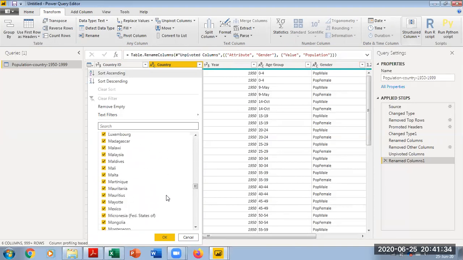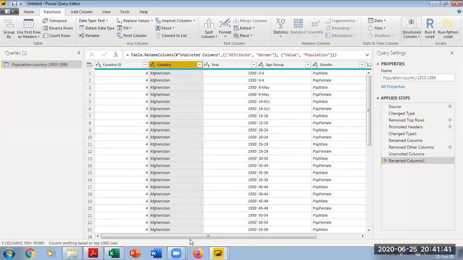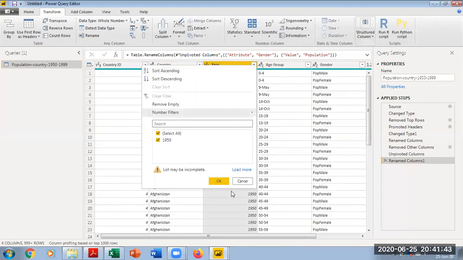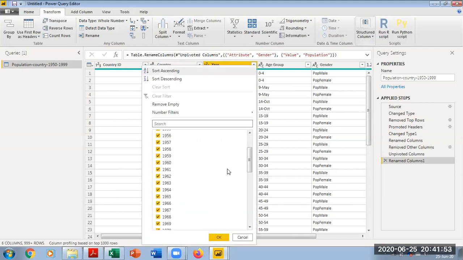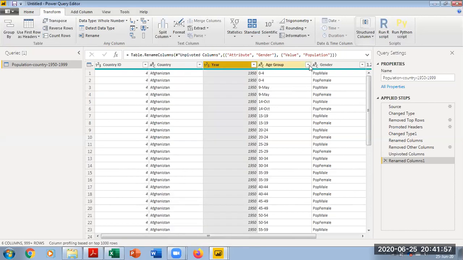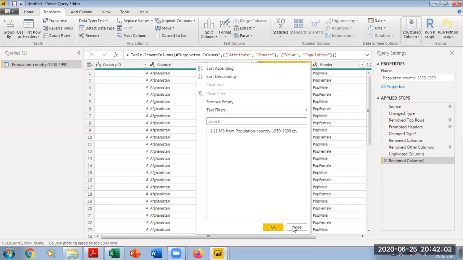If there is any blank on top, it would have been shown on top. So I didn't show anything in here. That's fine. And I have a database between 1950 to 1999. So let me just see whether I have anything in this column. It goes to each and every line item, and then it shows you that. I don't have a bug in here. I'm happy about it. I have to do this a little slowly because that is the way we do the data clearances, and we make the data work for us according to our requirement.